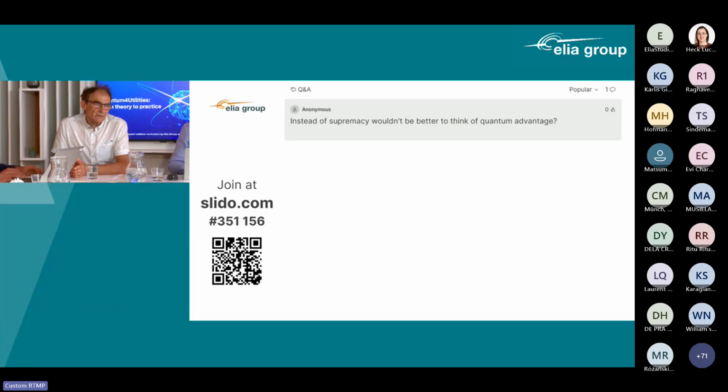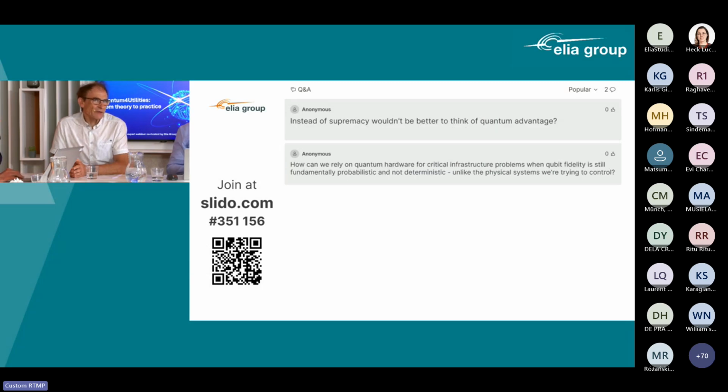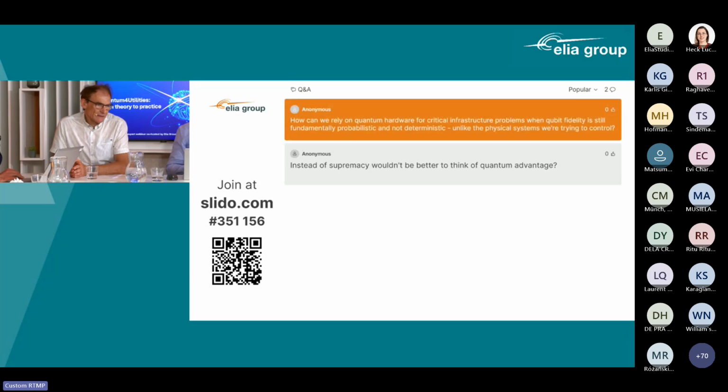I would answer it as follows. Quantum computing will always be a complement to classical computing. So they will reinforce each other, meaning that there is never a complete reliance on only quantum computing. It's always a combination that will be used and even improve the quality of the decision making.